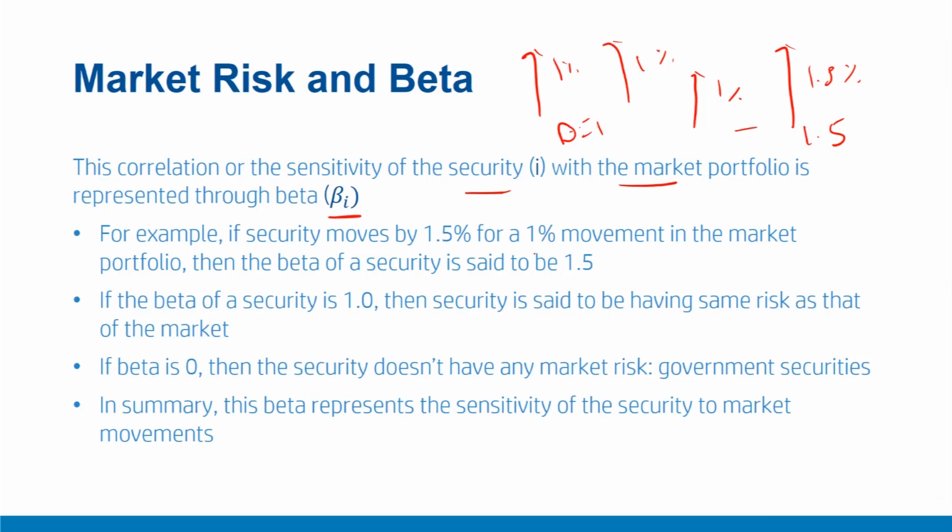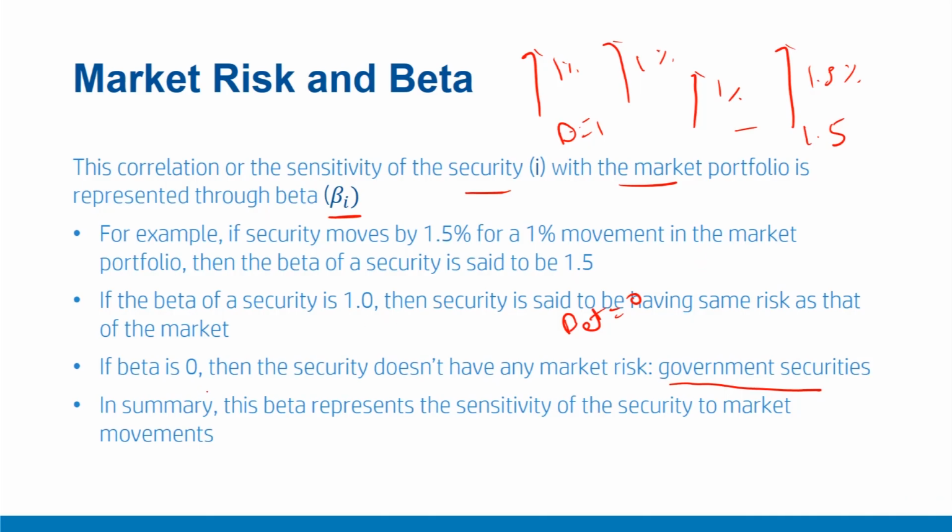Another interesting case is that a security is insensitive to the market. Although it is more of a theoretical case, generally securities move to some extent, some large, some small, but they definitely move when the market shifts. But theoretically, if a security is not at all sensitive to the market, and therefore whether markets move up or down, it does not move, then we say that the beta of that security is equal to 0, and that security does not have any market risk or systematic risk. One good example of this would be government securities, because government securities are risk-free and they are not affected by market risk, or they do not move with the market.